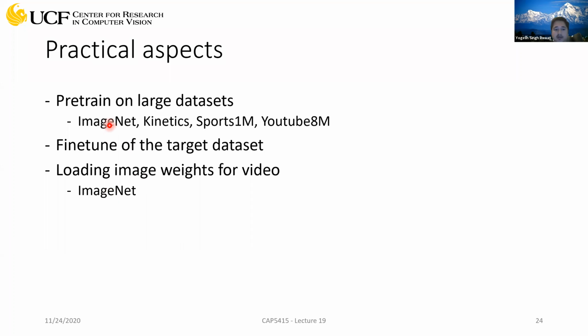The first is, you can take your images from ImageNet and create a boring video. So just repeat the same image maybe to 16 frames or 32 frames and use that as a video and train your network, I3D or any other network. Then those will be some meaningful weights, and if you use those, they will show you some improvement on your target data. So that's one way. The other way is, let's say you train your Inception network for image classification on ImageNet.